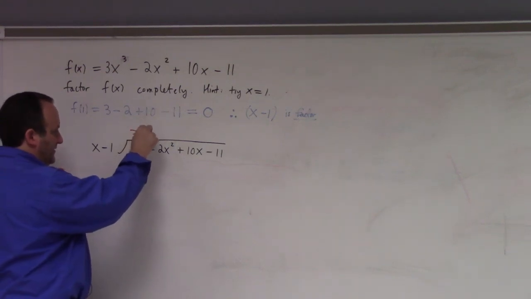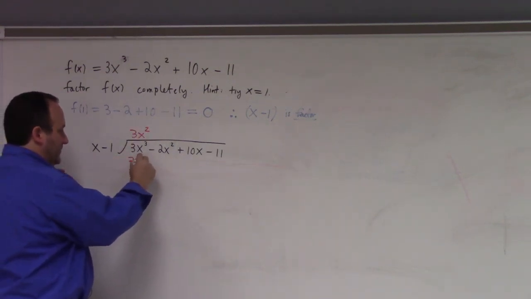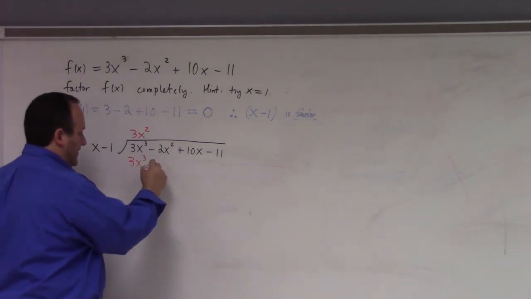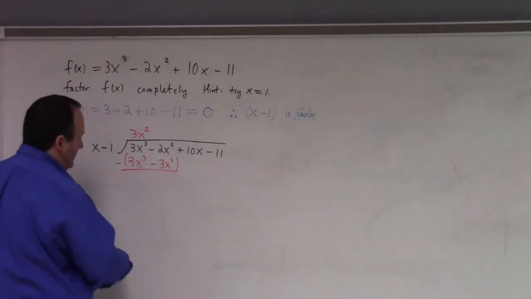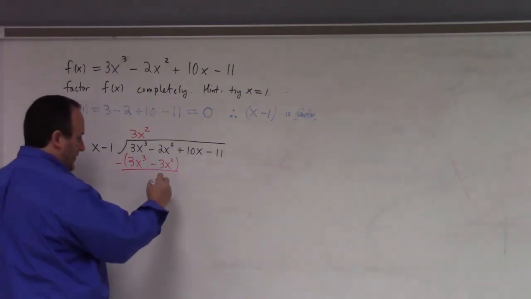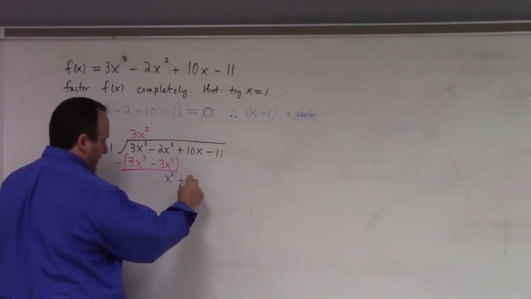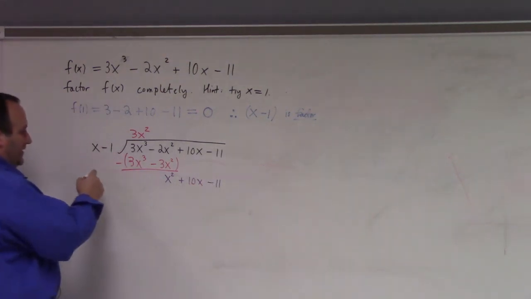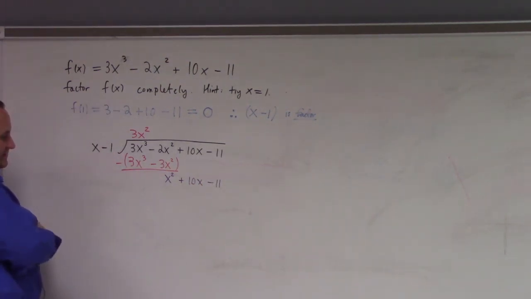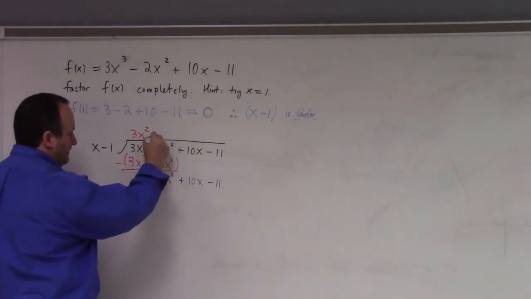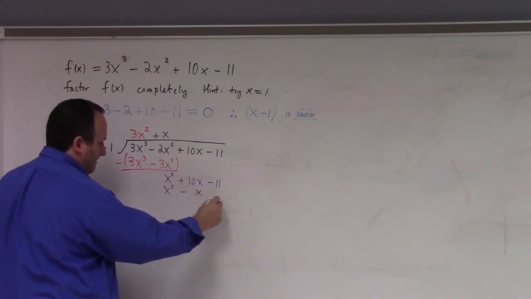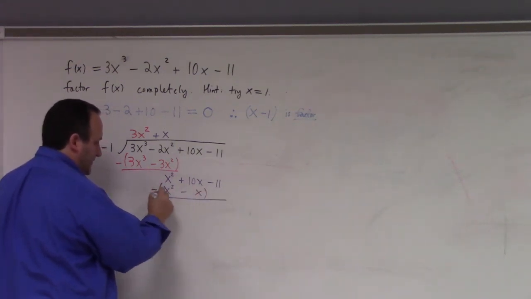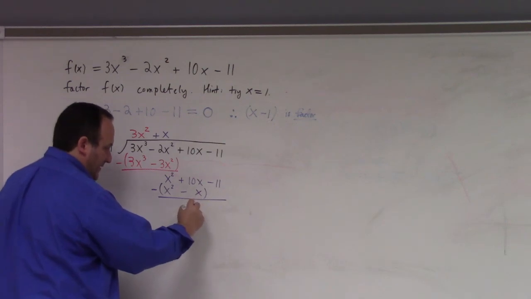Yeah, 3x squared sounds like a good idea. So that gives me 3x cubed minus 3x squared. I've got to subtract those. What does that leave me with? That leaves me with x squared plus 10x minus 11. How do I get an x squared from x minus 1? Well, I think I just need an x. So plus x. That gives me x squared minus x. I've got to subtract those. So when I do that, that gets me a 9x